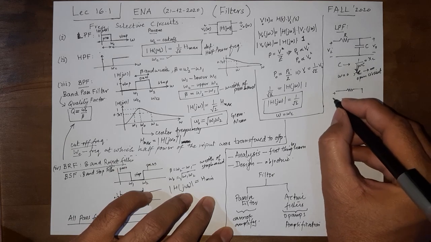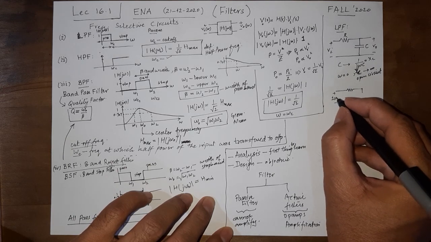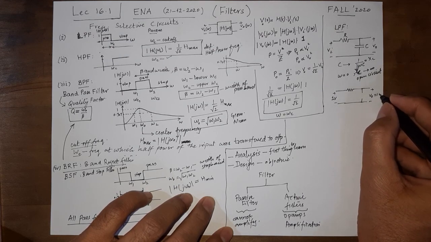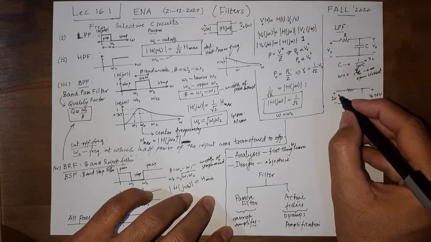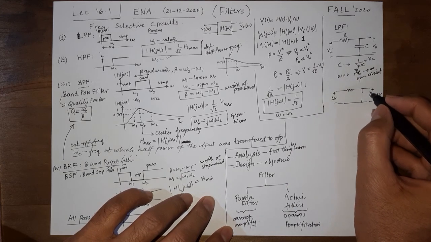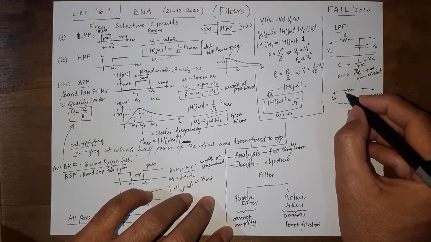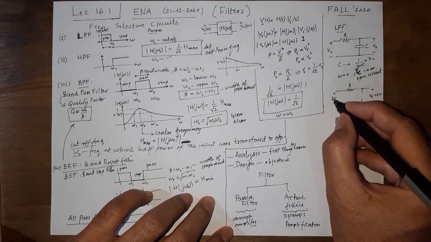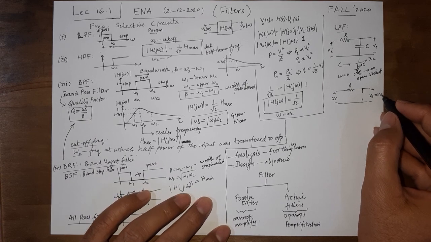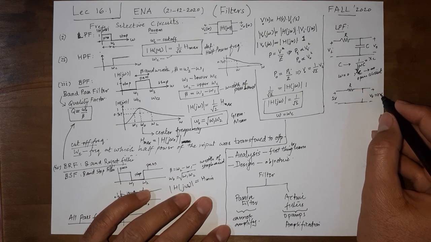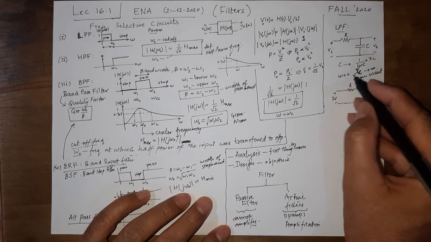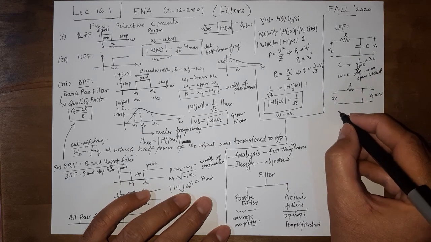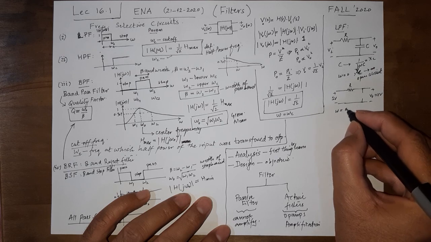So if we have some voltage here, say 1 volt, we are going to get this output equal to 1 volt as well. Because this is open, we are just measuring here and no current is going to flow. So no drop here. This input will exactly appear at the output. So for omega 0, the output would be the same as the input. So it is passed.